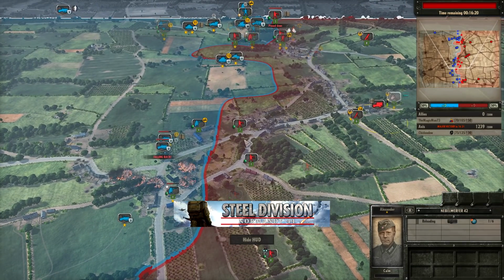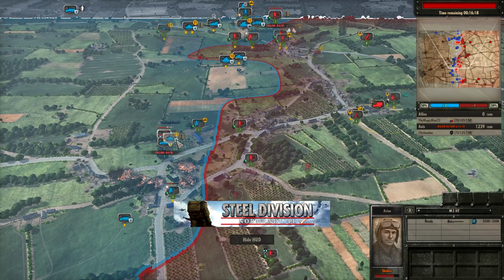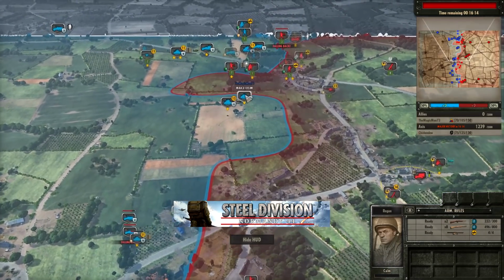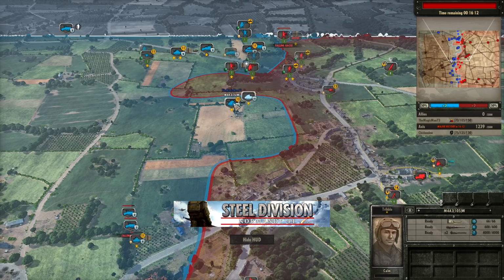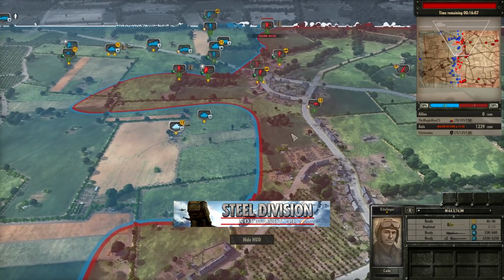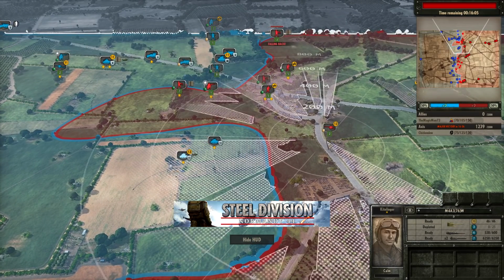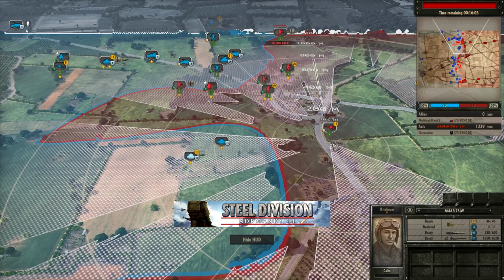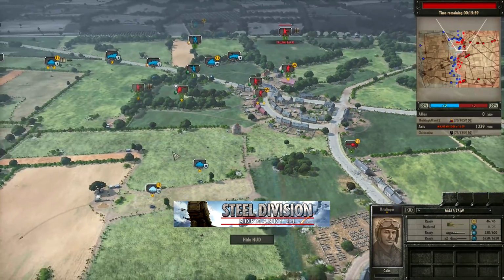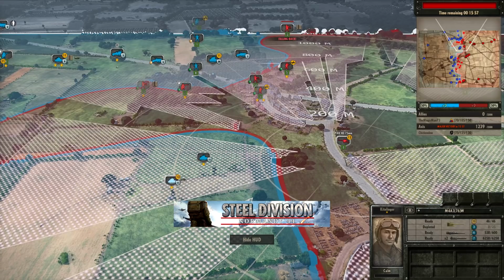Nebelwerfer 42 in the town managed to land on top of some of these half tracks. Seems to have left a dent in the Magic Man's defences there. But we now see a push from the M4A3 105mm and the 76mm in the centre here. And this Pak 40 is actually in a relatively nice position. If it's facing in the right direction towards either one of these tanks, we might see a kill here from